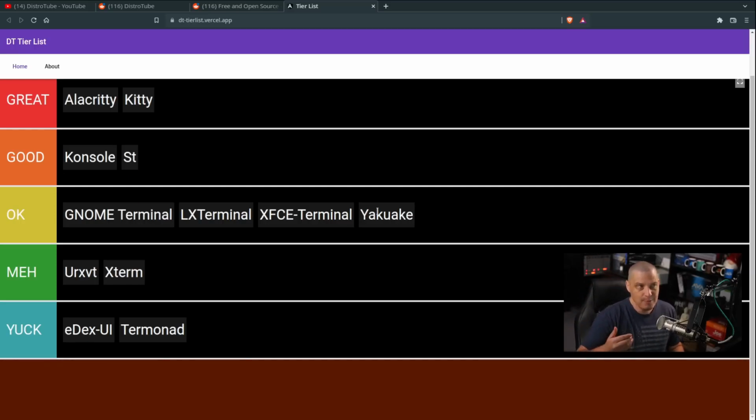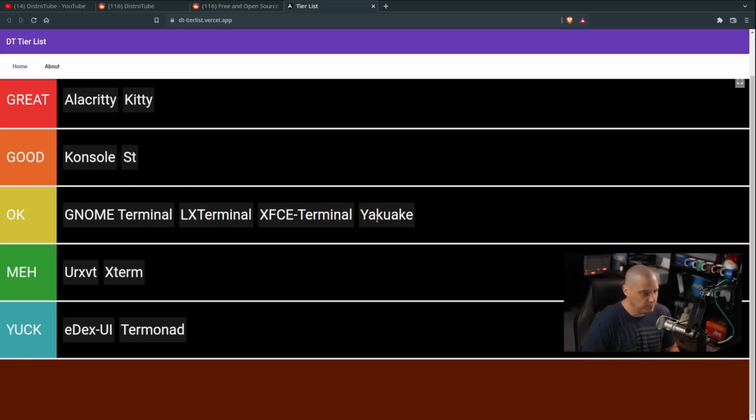You can think of drop-down terminals as kind of like scratchpads. In tiling window managers, we have what are known as scratchpads, where you hit a key binding to bring whatever program you have set to your scratchpad to pull up, and then you hit the key binding again to toggle it to go away. It doesn't close the program, it just makes it go away until I hit the hotkey to bring it back. That's kind of what your drop-down terminals are, and Yakuake, being Konsole in drop-down form,